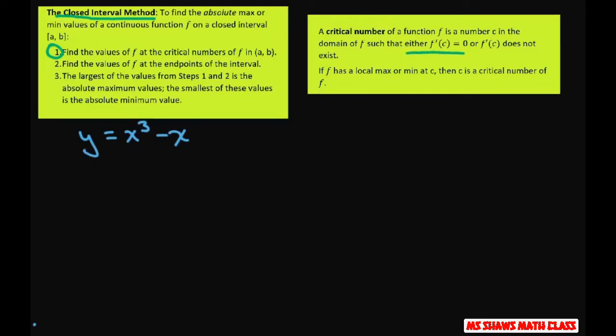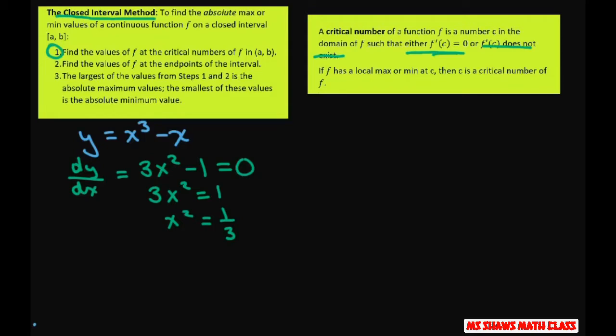We're not going to have where it doesn't exist, so we're good with that. But you take the derivative of y, so you can do y prime, or the derivative of y with respect to x, and that's going to be 3x squared minus 1. So that's your derivative, and you set this to 0. That's what this means, and solve for x. So 3x squared equals 1, and x squared equals 1/3,